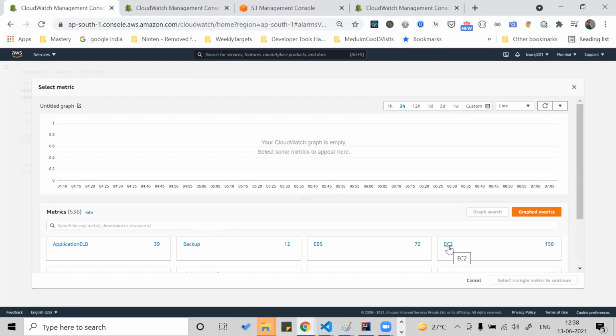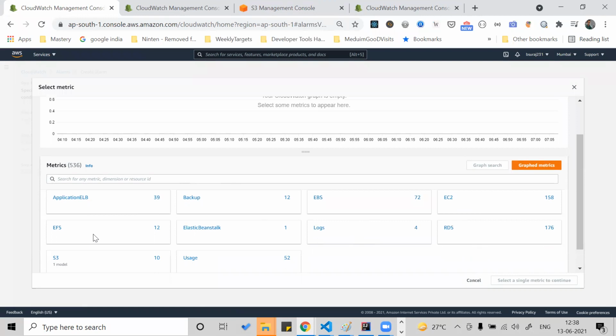In the EC2, what are the other things you can do as an alarm? CPU utilization is the very common thing that we do, and networking, network out. As there are many responses going on, more than 50,000, you will get to know that they are active users. In the Elastic File System, which is the same as S3, but it is accessed directly by the server rather than any person, the same as S3, number of objects created. So those kinds of alarms. Elastic Beanstalk, which we will not be covering, and the RDS.